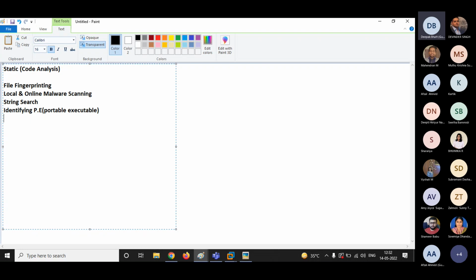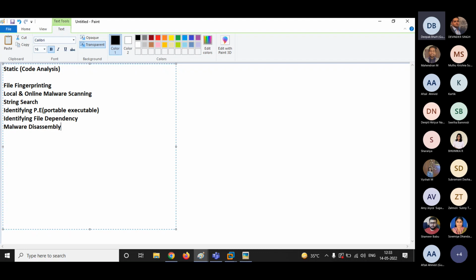Then we have the next thing, guys, identifying file dependencies, and the last one is known as malware disassembly. So these are certain steps that we follow in static or code analysis.